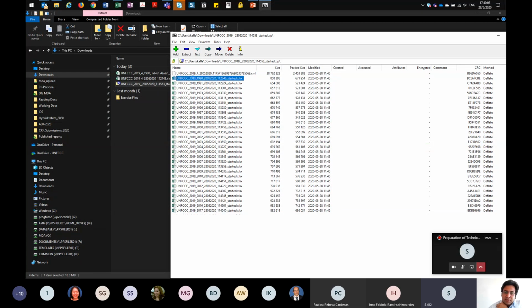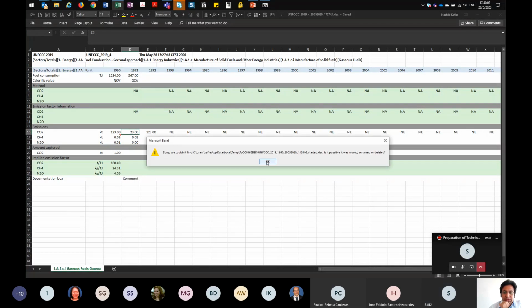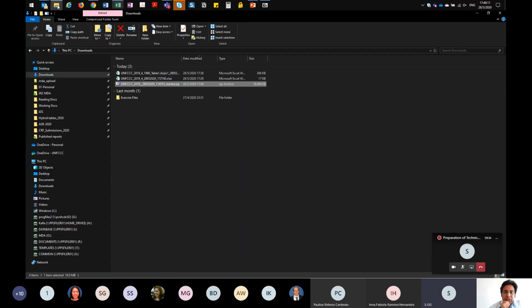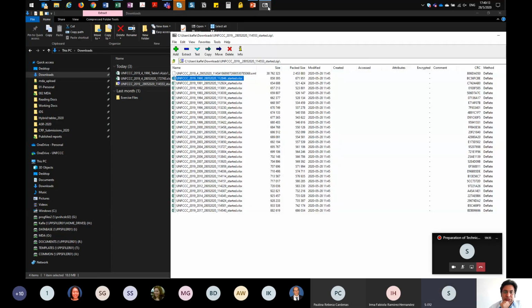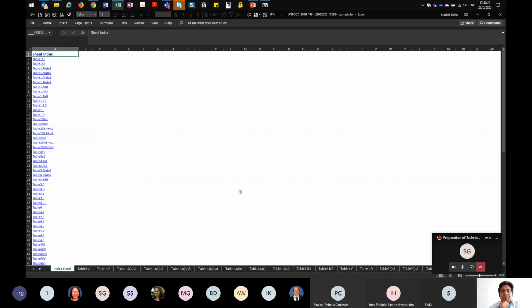And if I open the CRF tables for, say, 1990, so this is how the CRF table should look.